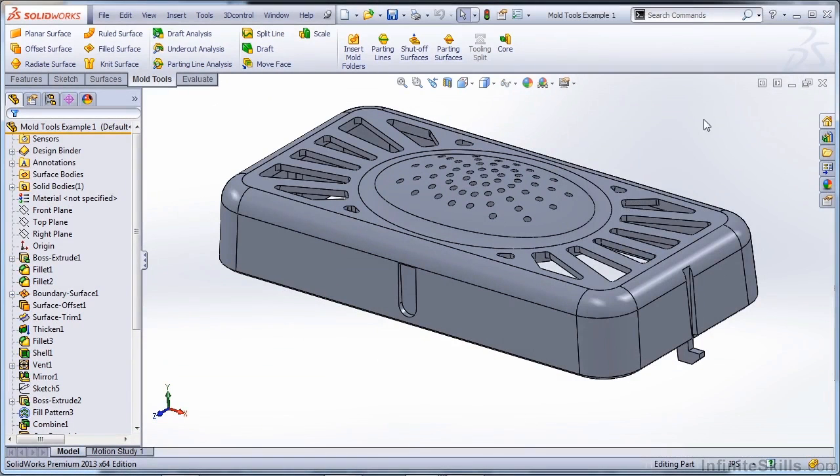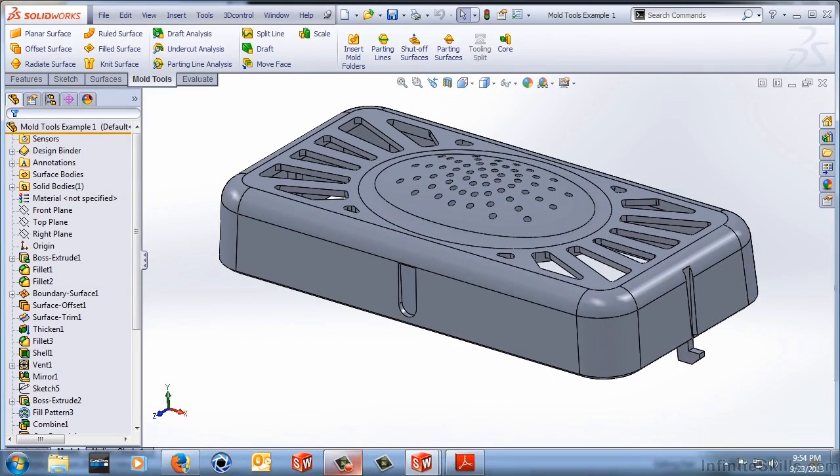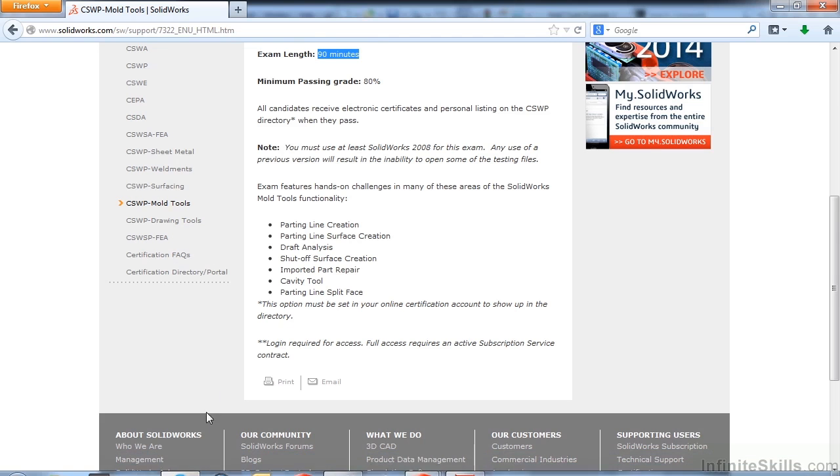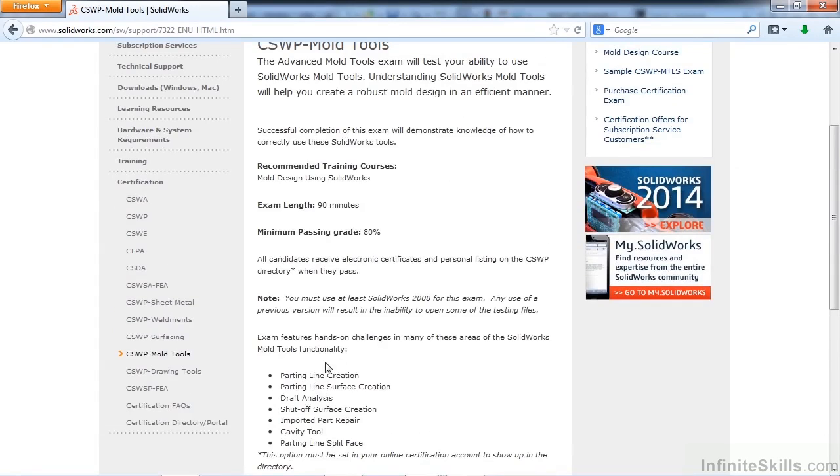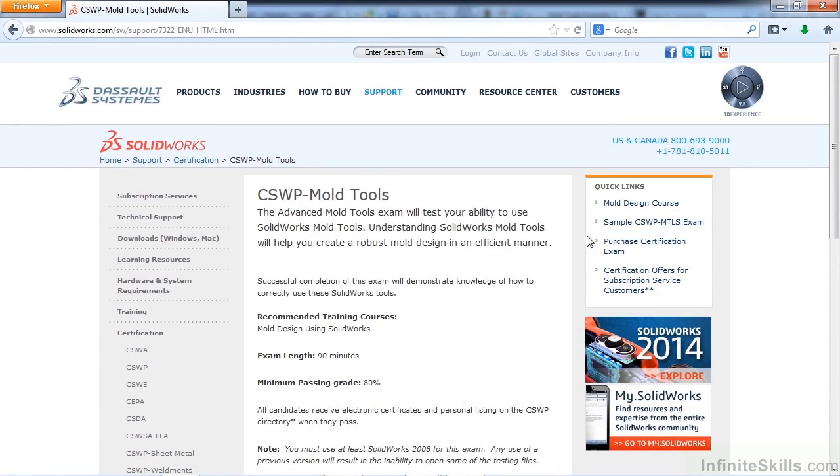Once you've gone through those, you can go to the SOLIDWORKS website and take a look at the information they provided for you. They make note that the exam is 90 minutes long, and they also tell you some of the tools that you'll be tested on. We covered all these tools inside the context of our example, but again, each part is going to be approached a little different. Take a look at all the tools, make sure you're comfortable with them,